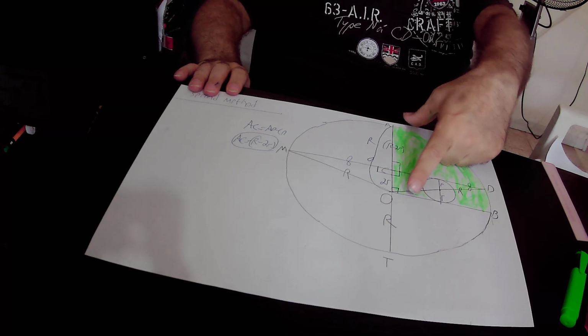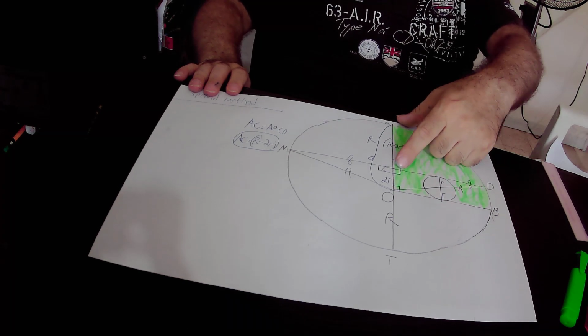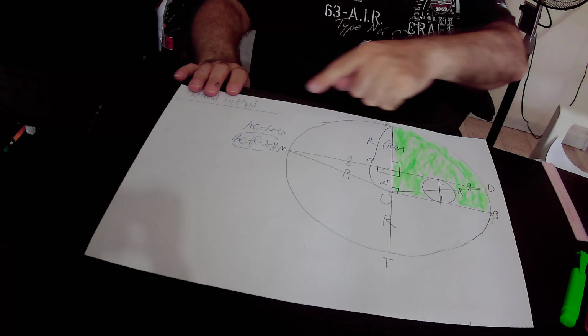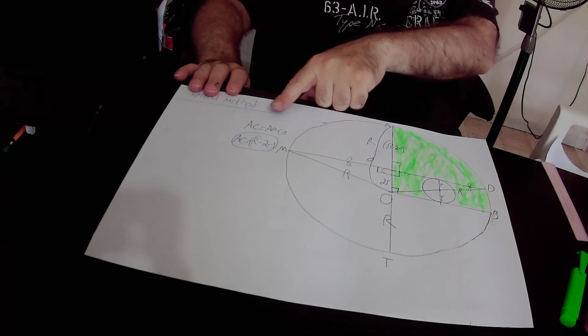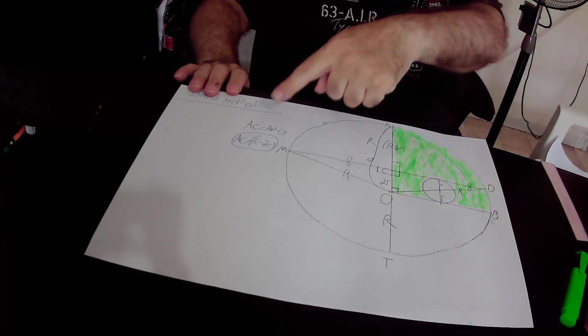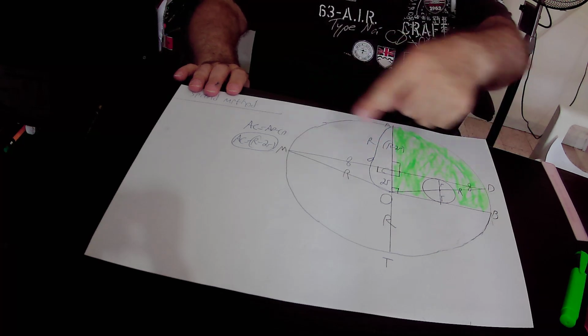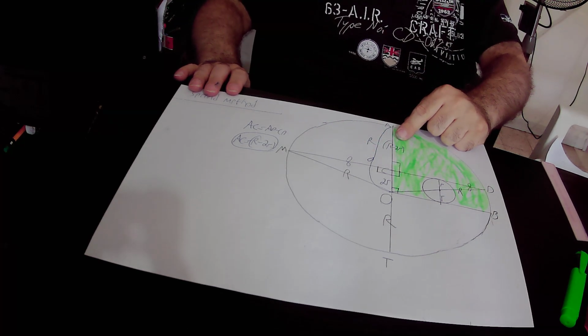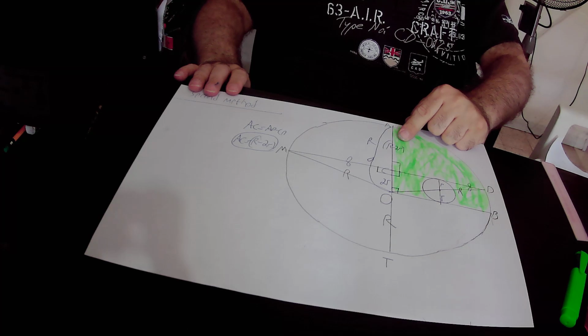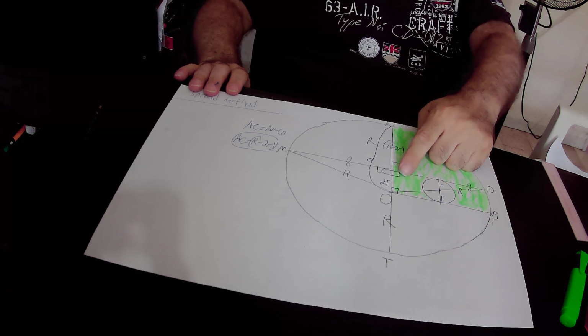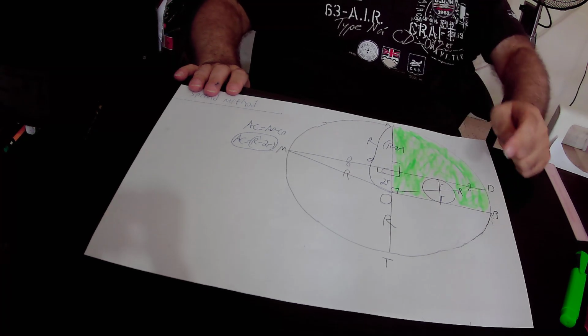AC equals AO minus CO. So AC equals AO, that is capital R, minus CO, that is 2R. So in conclusion, AC equals capital R minus 2R. This angle equals 90 degrees according to the first method,